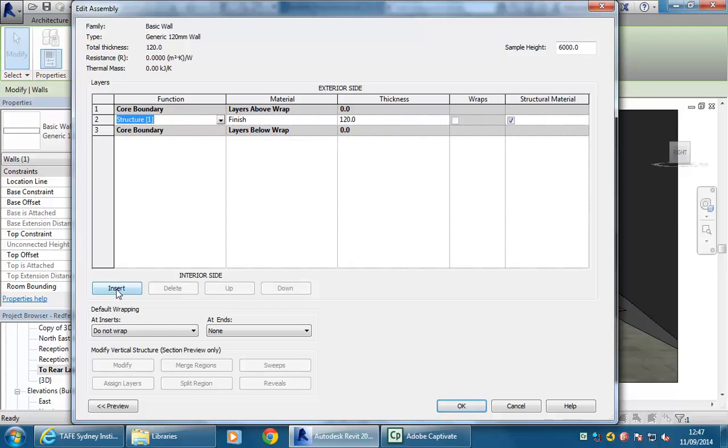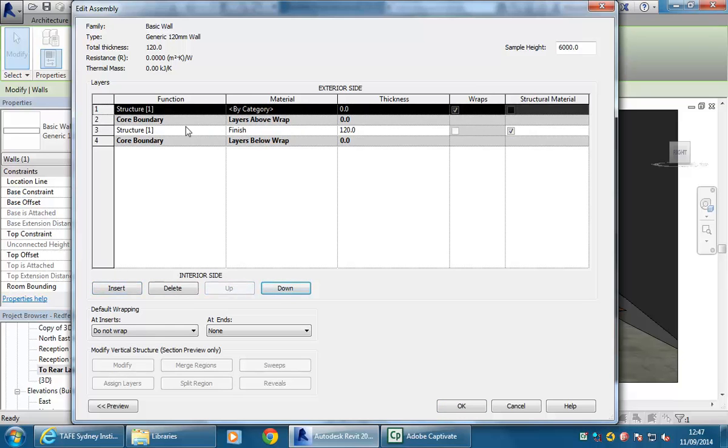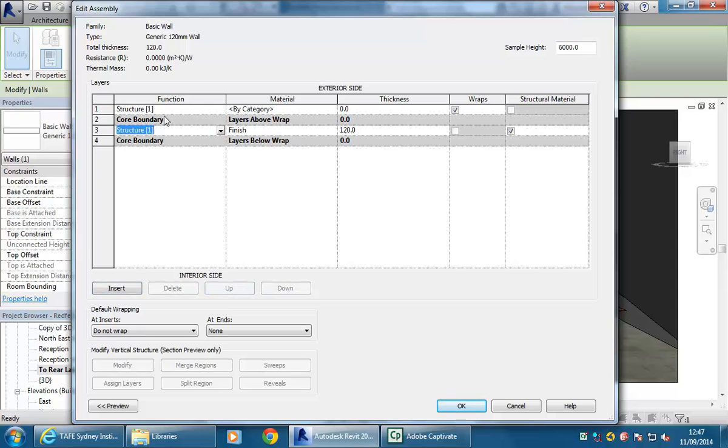I'm going to insert a new layer, and then using the up and down buttons you can control where that goes. So I'll move it to the top, and think about the core as essentially as your structure. Okay, so these core boundaries go either side of your structure generally, and then the function of this new layer, I'll set that to finish 2, because this is an internal wall, so we don't need it to join with any exterior finishes. And the thickness I'll set to 10 mil, and then